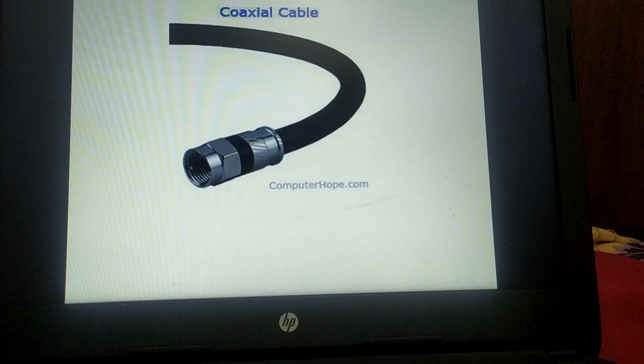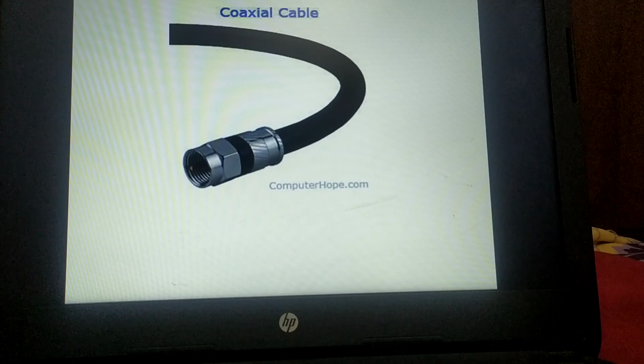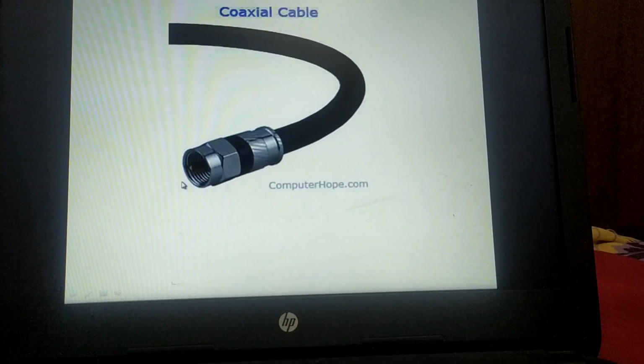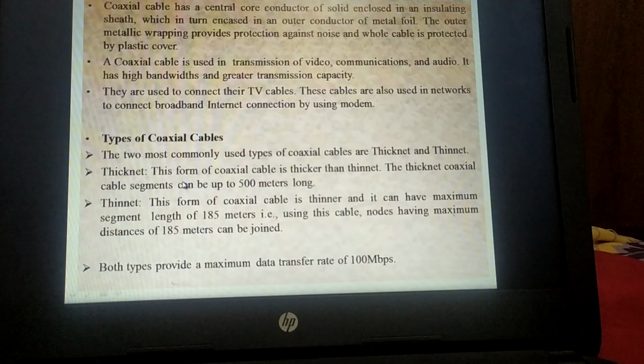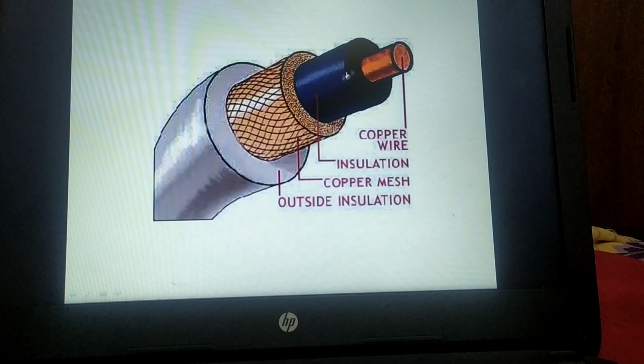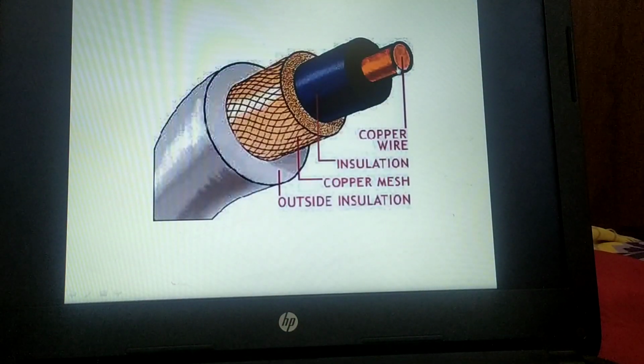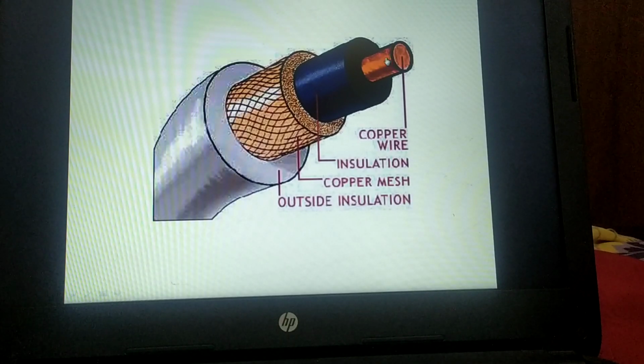Here the next cable we are going to discuss is the coaxial cable. This coaxial cable, as you can see here, let me explain with this diagram first, then you can clearly understand. This coaxial cable has a central core conductor of solid copper wire, which is enclosed in an